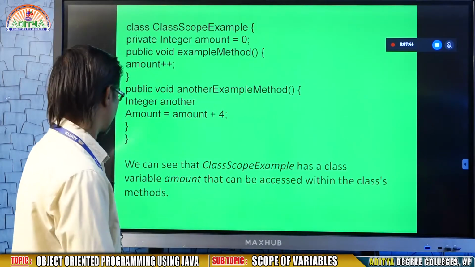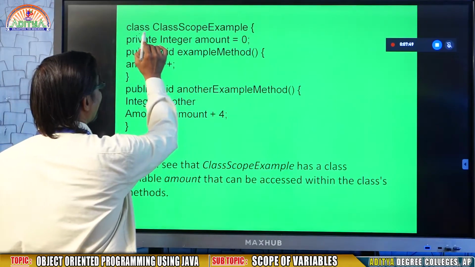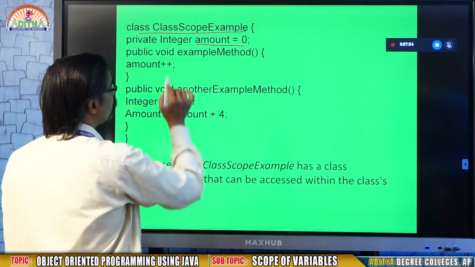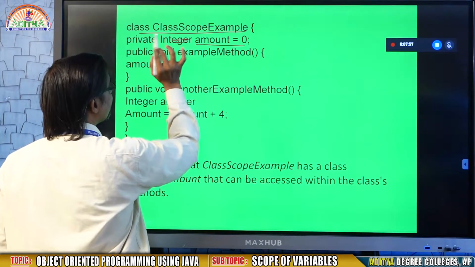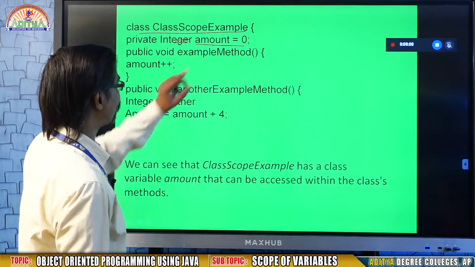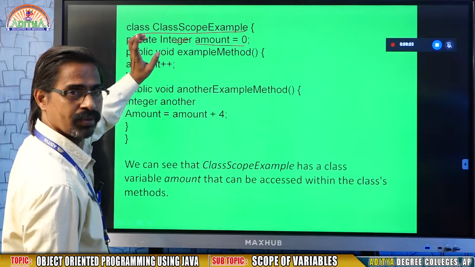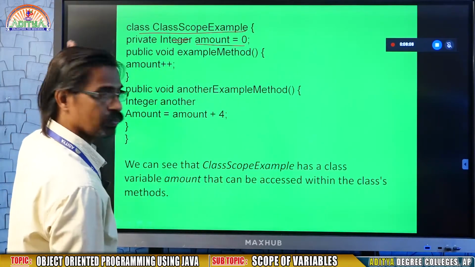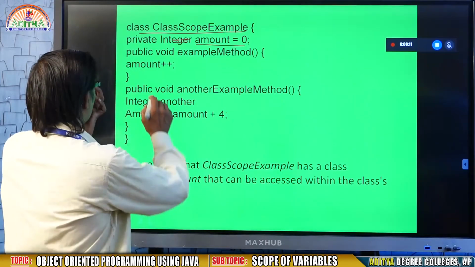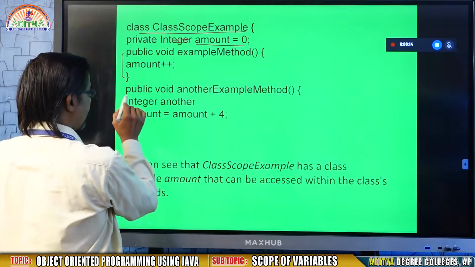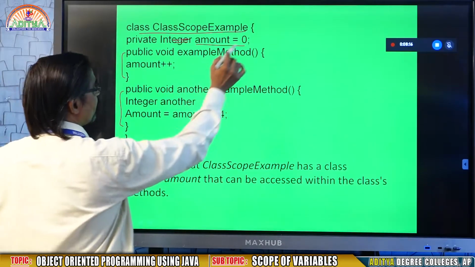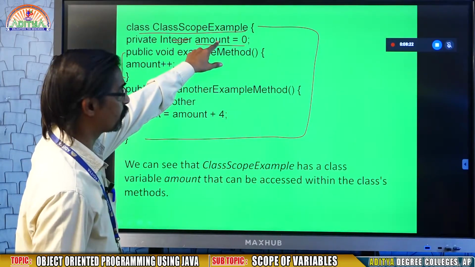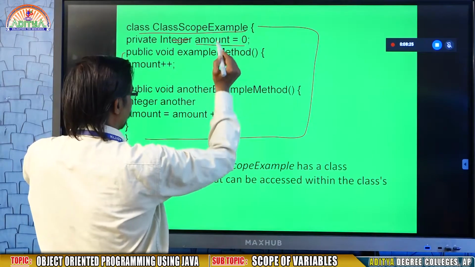Now see this example. Here in my program, I am writing a class, where I defined a variable amount, which is of type integer, that is int. Assume the amount variable is integer type. Of course, private, public, protected, default, they are called access specifiers. I will tell you about them next. Here it is a method. Here there is another method. This is your entire class program, where I defined my variable amount outside of these methods.